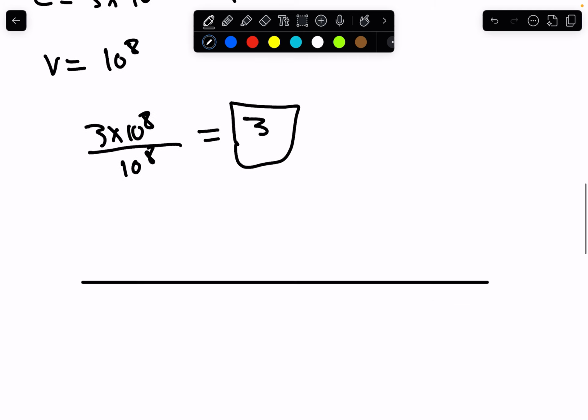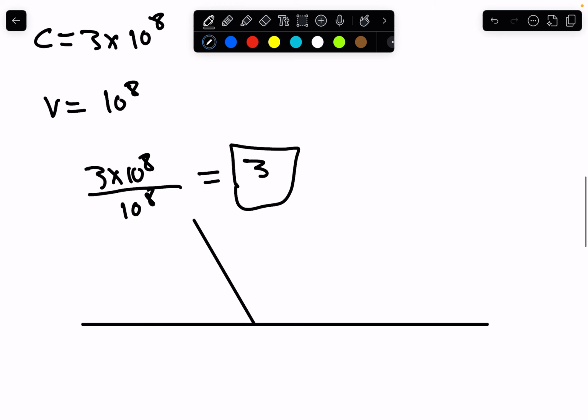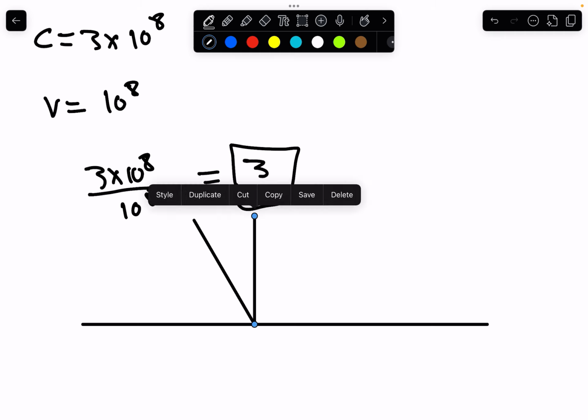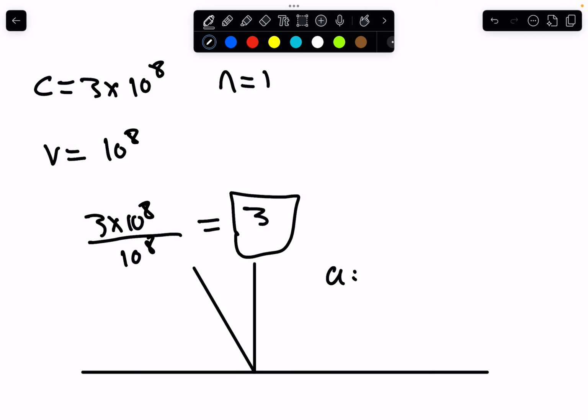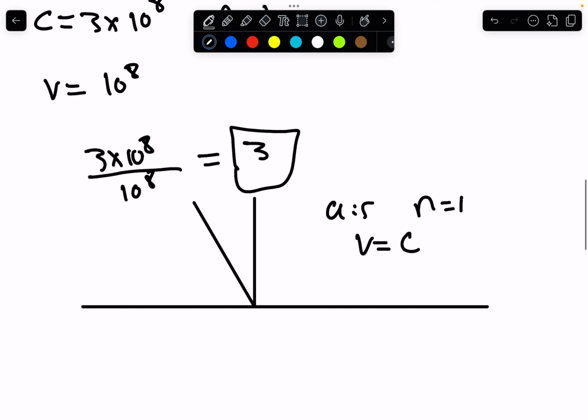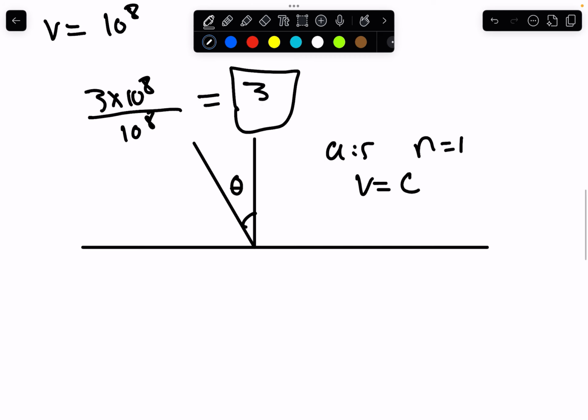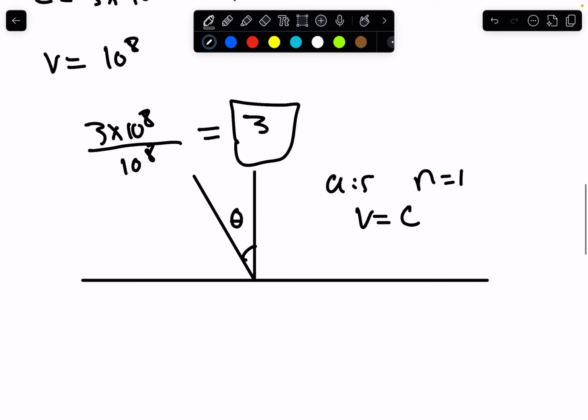So light strikes and goes from air, where we also assume n equals 1. So this is air, n equals 1. So v equals c at an angle theta. Since it's at the maximum speed, it goes into, let's say, water,